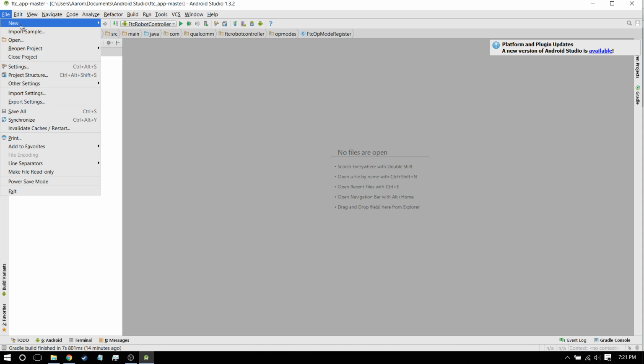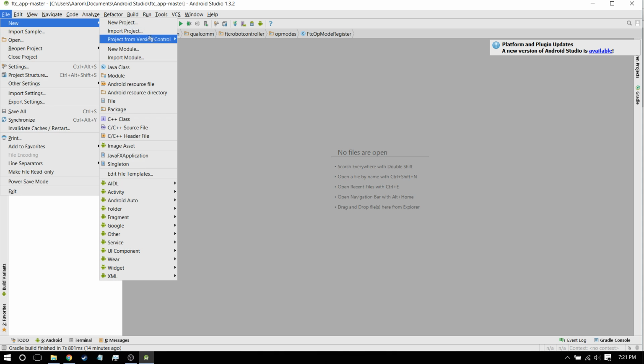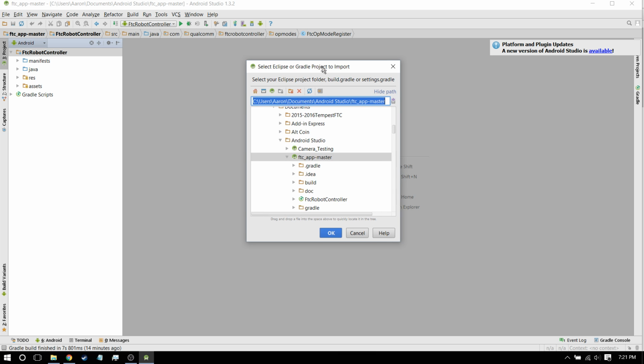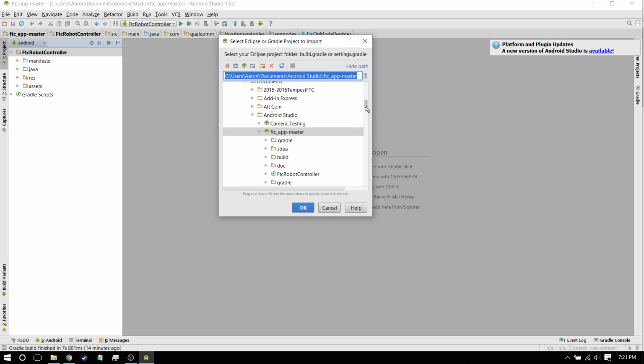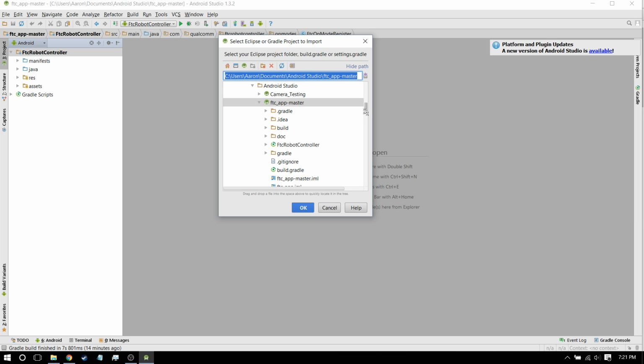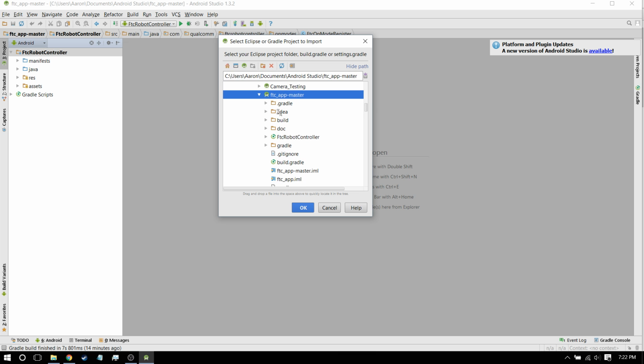The way you do that is you do File, New, Import Project. And then you want to make sure that you select the right folder, because sometimes when you extract things, it will place it in a brand new folder titled the same name as the zip had, and then there's a folder inside of the zip that has the actual content. You want to import that and not the larger folder, because if you do, and several people have, it will not compile correctly. So you want to make sure that when you select FTC App Master, that you have these files sort of in it. So once you select that, you click OK,